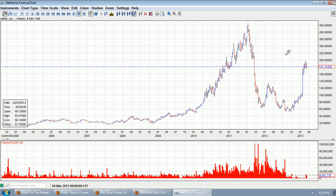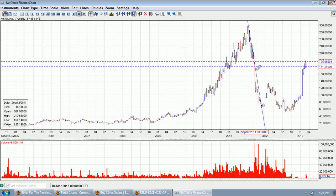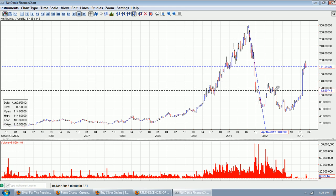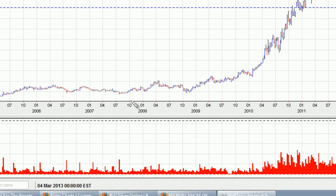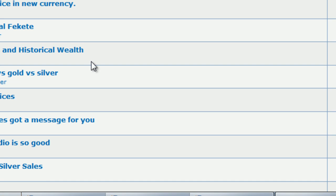I played the Netflix game for a bit, and I caught some bounces, I got some downdrafts, but you can see here that the downdraft in Netflix was pretty much a straight downfall, and there weren't too many bounces. It wasn't until this bounce and a failure and then this massive bounce. So we'll look at that when we get over to Jesse Livermore, but let's take some questions of the night,